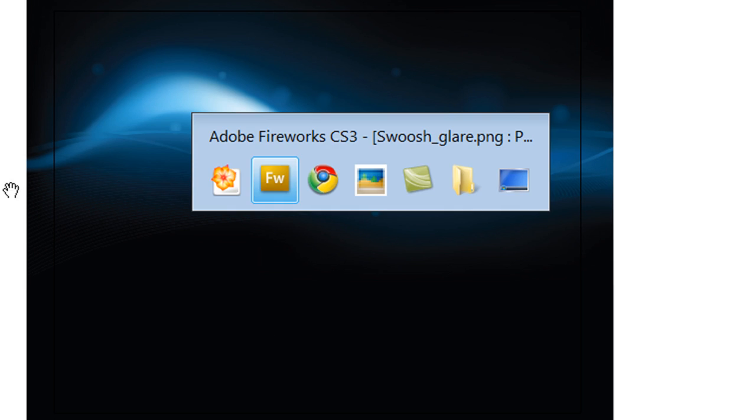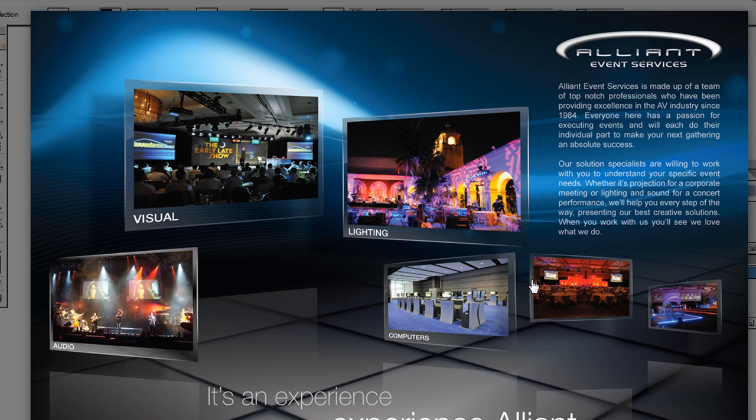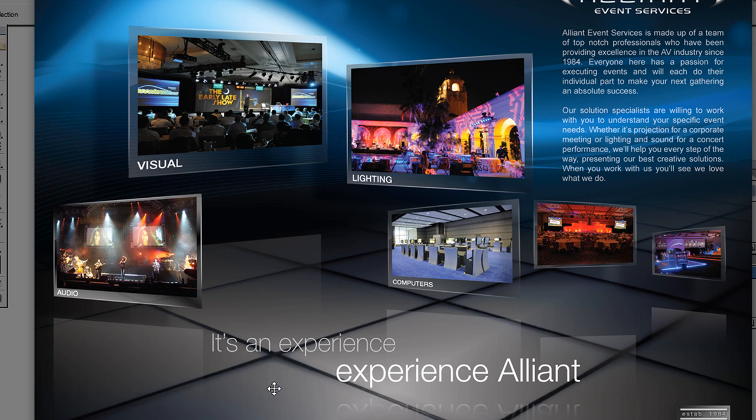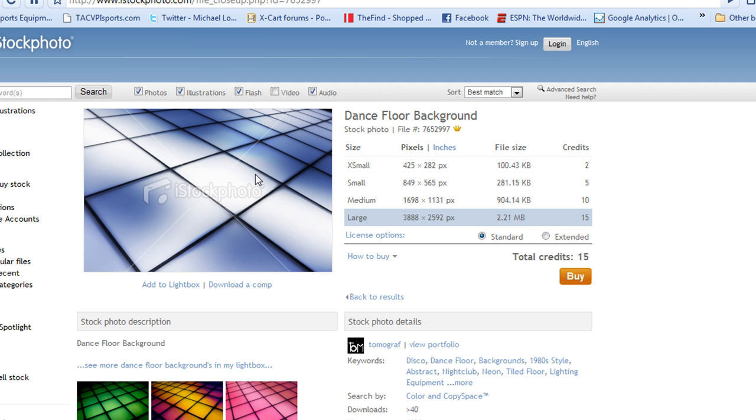Okay, so that's the background image so far. The next step is, let's go to our brochure and take a look at what we got here. You see the bottom floor, it looks like a dance floor. It seems very complicated with the end result, but it's really simple. All it is, I went ahead and found a dance floor image in iStock Photo that I was able to use. So let's go over here to